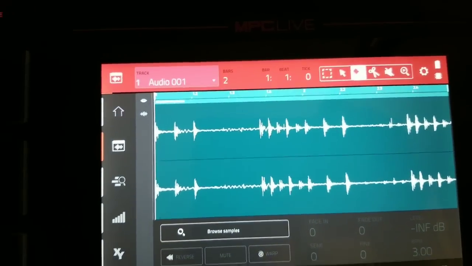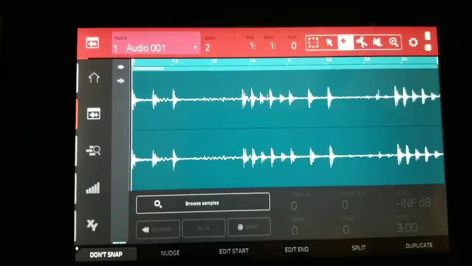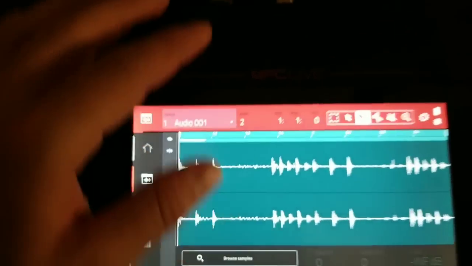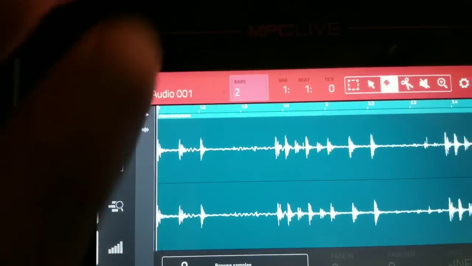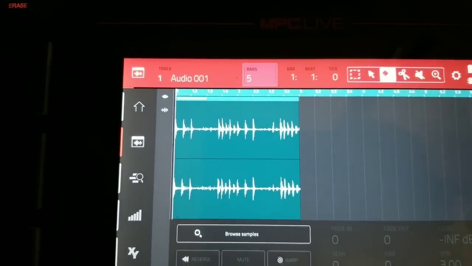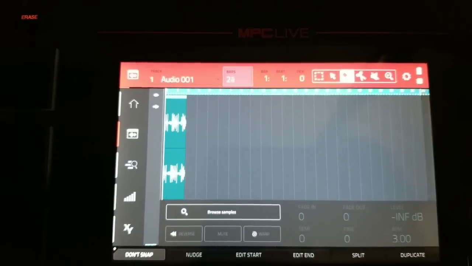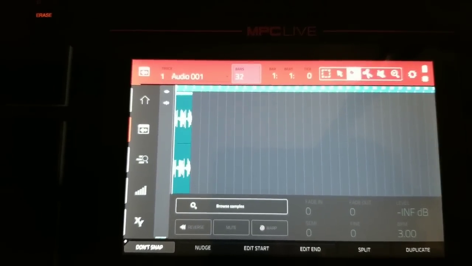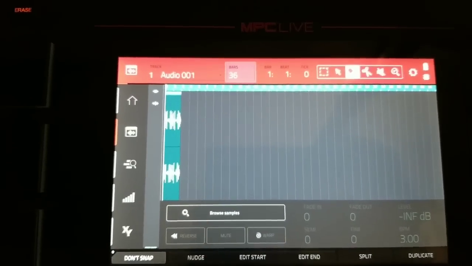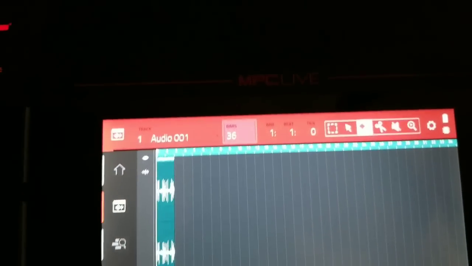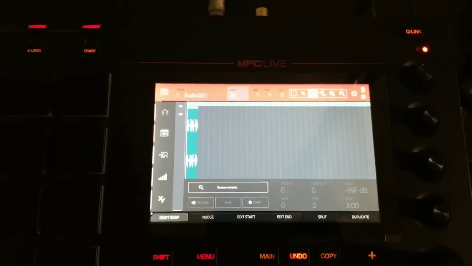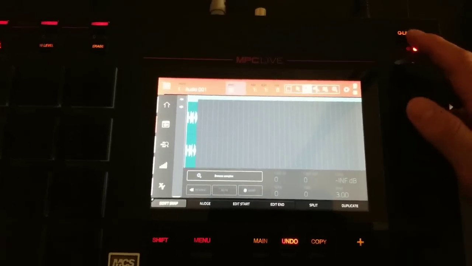So I got a 2-bar loop and I got a 2-bar sequence here. To extend my sequence to a longer length, I could just go ahead and do that. So let's go to about 36. So I got my loop right there at the beginning. So I can loop this. I can create a loop point